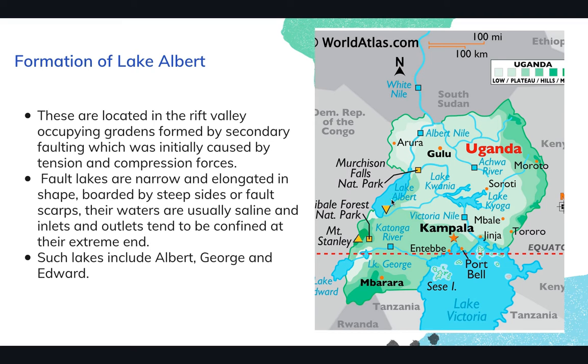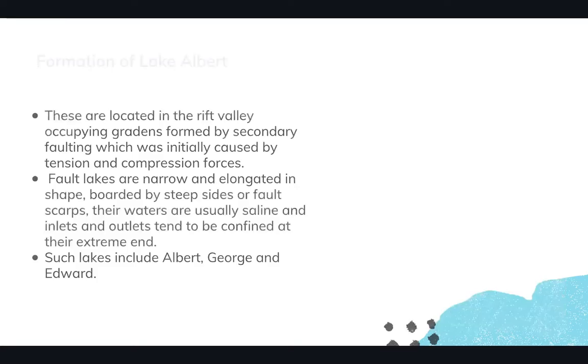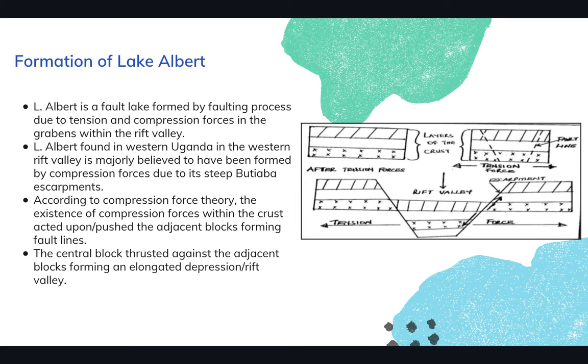So these are located in the Great Rift Valley of East Africa, in the western arm of the Rift Valley, where it occupies the border of Uganda and Congo. So that's what we see right there, and we're saying this depression was created at the bottom of the Rift Valley, which was later filled by water, and then they form what we call fault lakes. Moving on, this is just a brief to help us understand how they are formed. It's a process of faulting due to tension and compression forces in the graben within the Rift Valley, and then